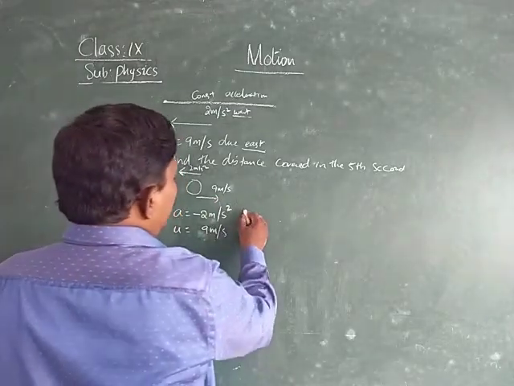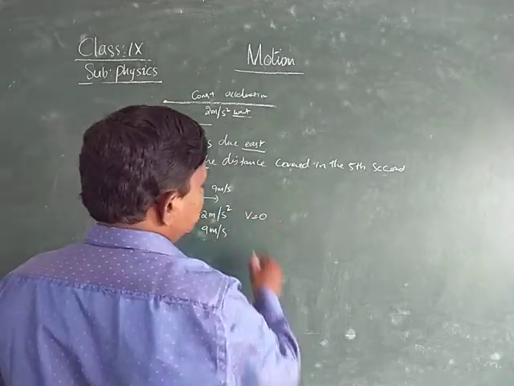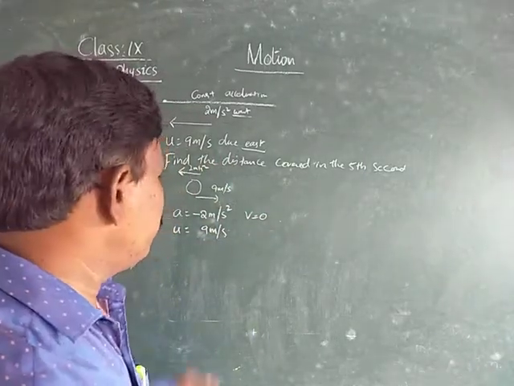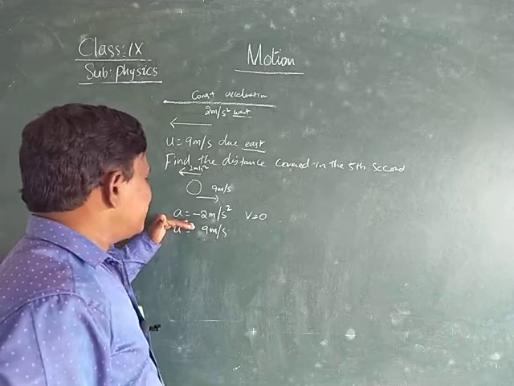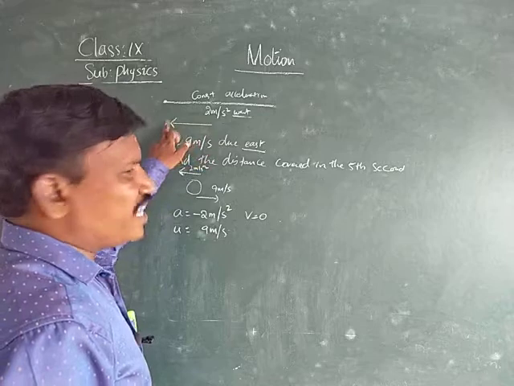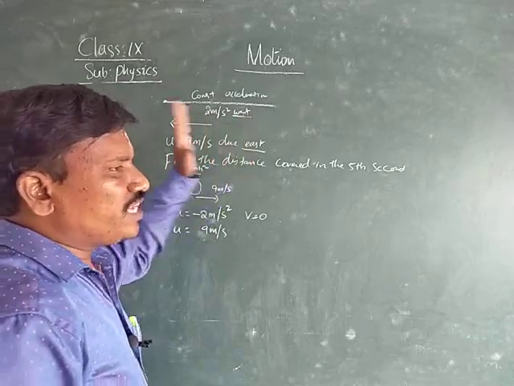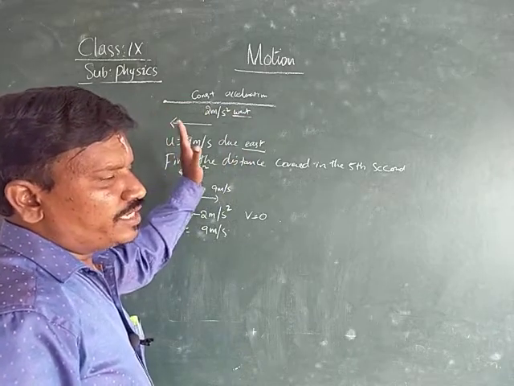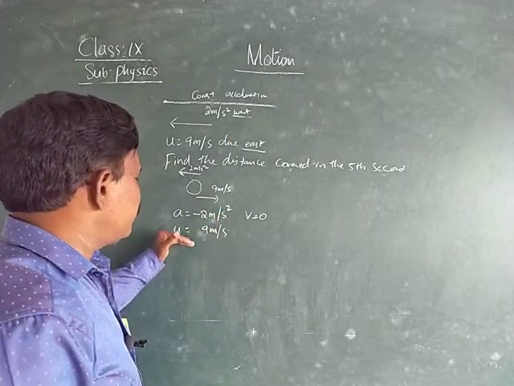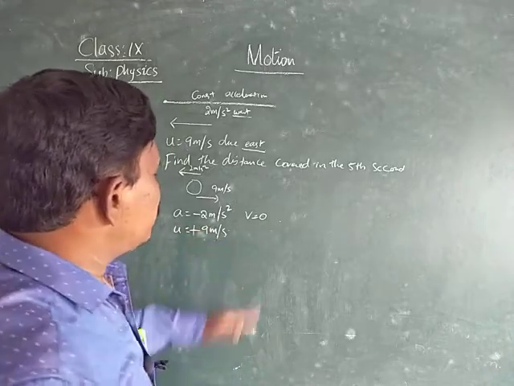And here it is coming to rest after some time. Therefore, final velocity becomes 0. Acceleration is minus 2 meters per second square. Why are we taking minus 2? Because it is moving towards west, left side. Already in the sign conventions we learned that when an object is moving towards the left, we should take it as negative. When it is moving towards the right, we will take it as positive. Therefore, minus 2 meters per second square. Initial velocity is 9 meters per second, positive. Final velocity is 0.